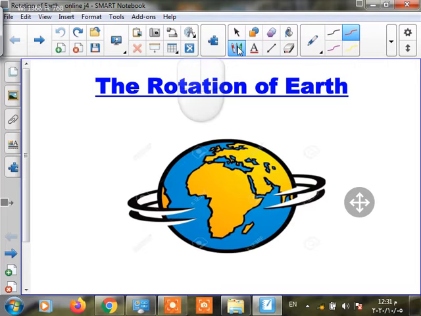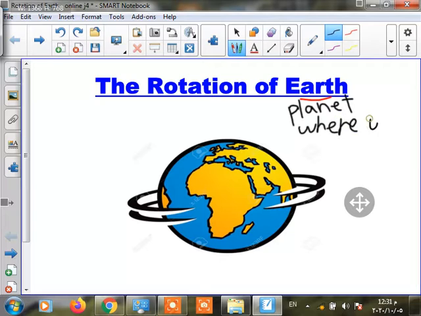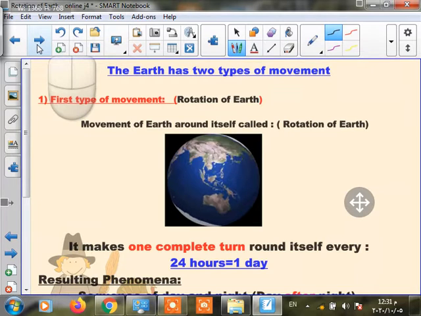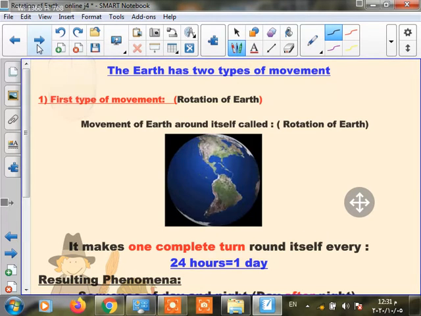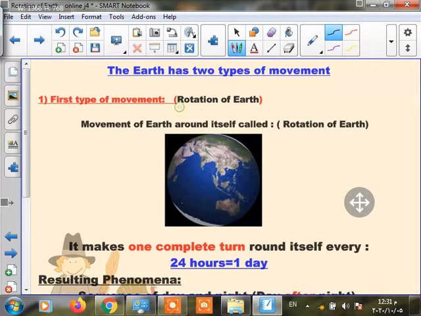Day is rotation of Earth. We know that Earth is the world or planet where we live. This Earth has two types of movement. Earth can move, yes, Earth can move. The first type of movement will be called